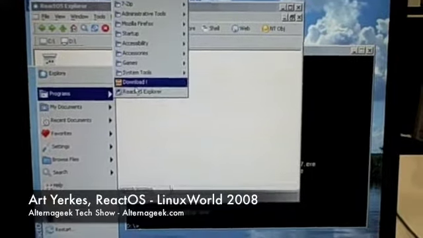So in a nutshell, we are building a system that can run Windows applications and drivers, and that's architected very much like real Windows, as much as exists in documentation, talks, lectures, that sort of thing.